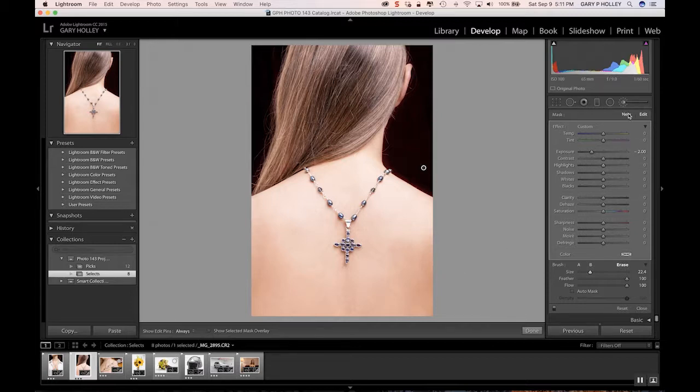So now let's go ahead and make a new pin or a new adjustment, and let's give her some highlights. How's that? Let's go in and maybe paint in her hair here. So we had the density or the flow set fairly low, and that's when you make the initial brush stroke. So it's not like the healing brush or the clone stamp, where you change it and it updates it. It's kind of like when you're actually making that effect initially. So if I make the brush even smaller,